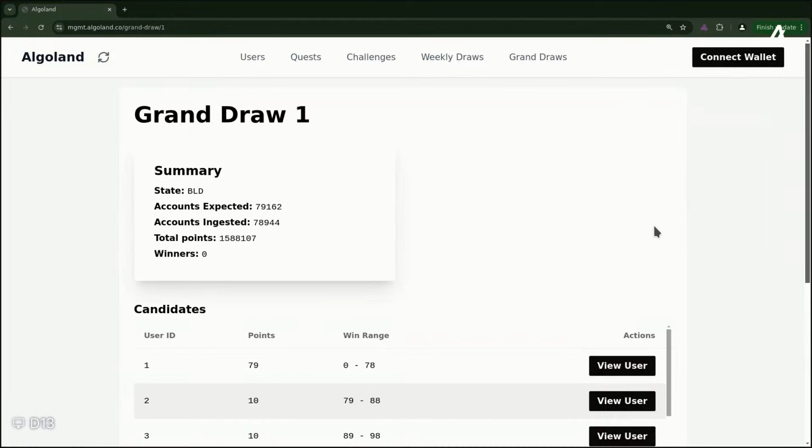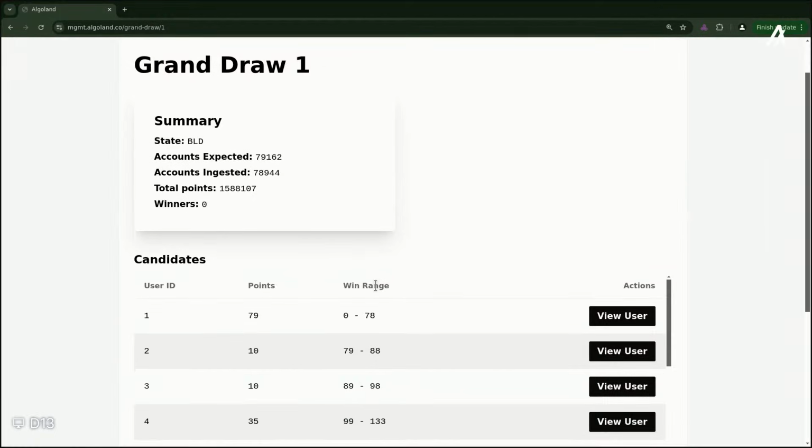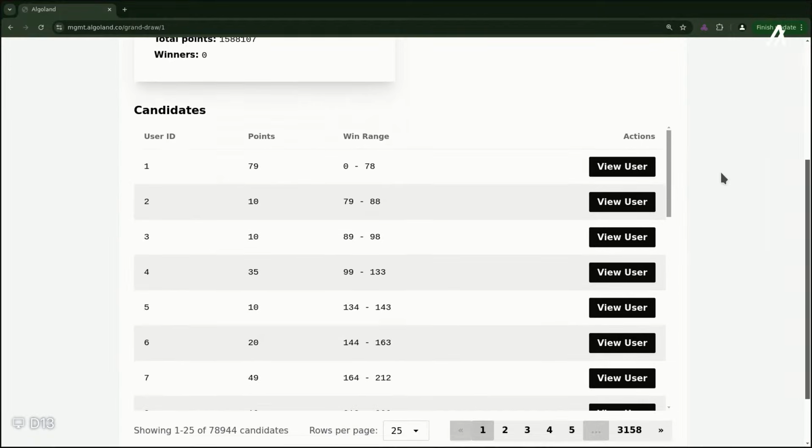So the approach for the grand prize draw is that we are basically adding up everyone's points, the points that everyone has won. And similarly to the weekly VRF, we add both the user IDs in ascending order, as you can see, 1, 2, 3, 4, but also their cumulative points. So this gives you a range of points from the output of the VRF,